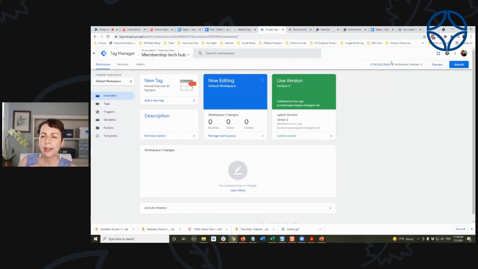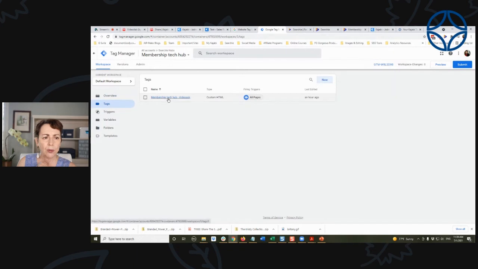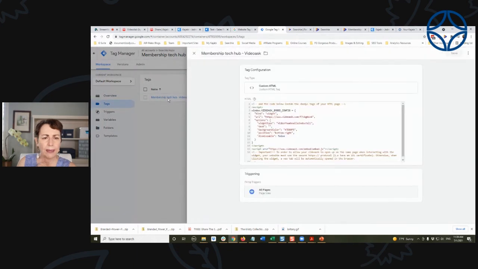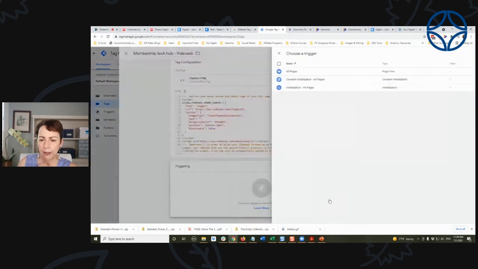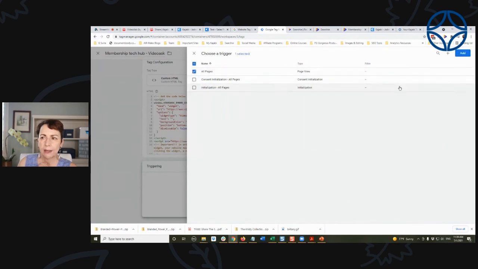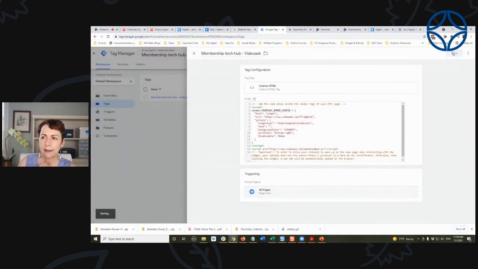Once that was done, this is what's important. If you can see where I'm slowly circling my cursor, it's GTM-W8L and so on. That is what we need. Now from this standpoint, we needed to make sure that we create that tag. So I created that tag. This was the configuration, and this was the other important part, the trigger that we want to set up. The trigger that I added, I'll remove it and then go back and re-add it, is all pages, and then click add and save.